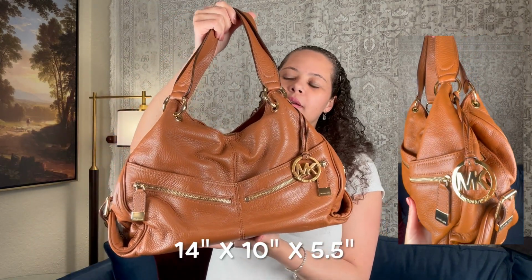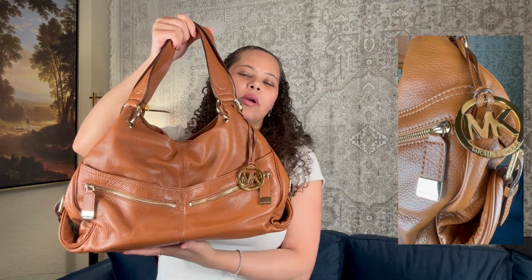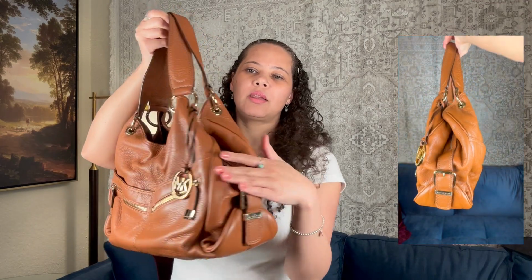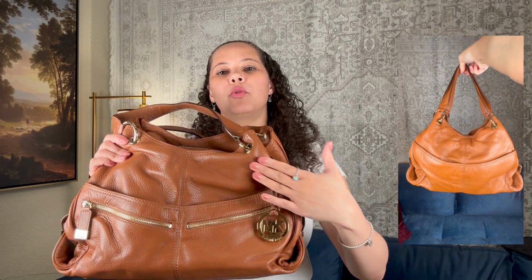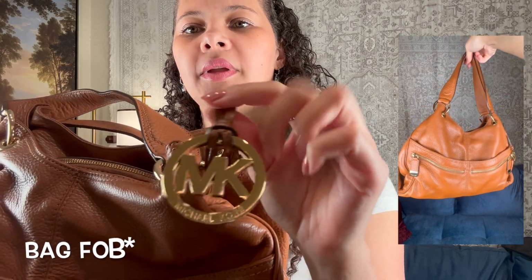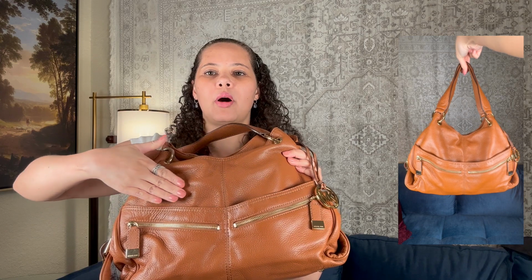I don't wear this bag every day. This is a bag that I use when I need more storage because it's really big and thick. It has lots of room all over, and it has some beautiful details too. So we have this luggage kind of brown color here. It comes with the little Michael Kors key fob that is removable, and it has 2 different pockets here in